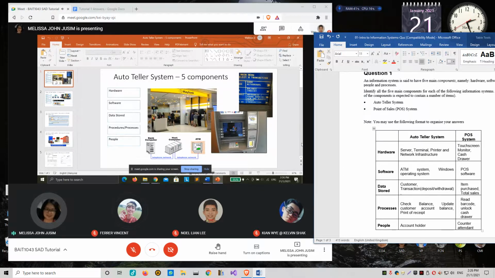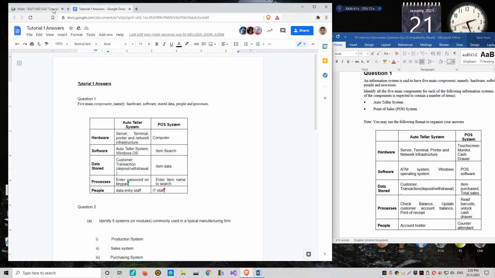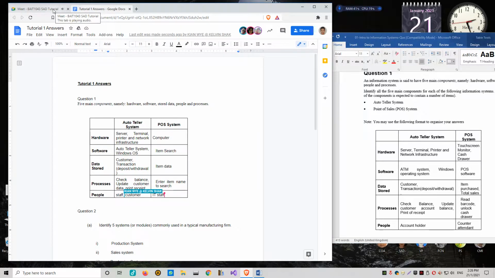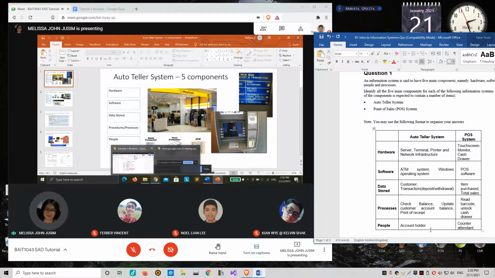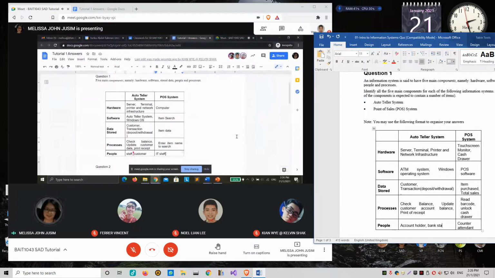Besides that, sometimes you can also see the bank staff using the system to update or do some kind of maintenance work as well, right? So you can also put there the bank staff or the bank teller. Those are the people in the auto teller system. You need to mention the bank customer and the bank staff. You need to be very clear on that.